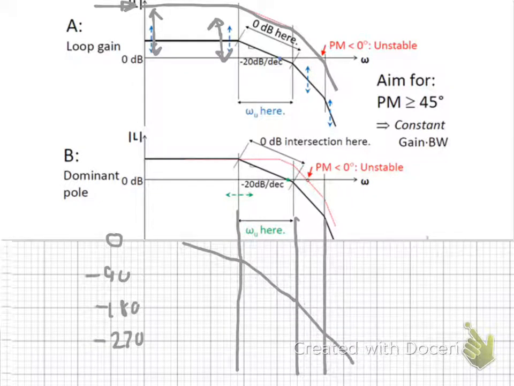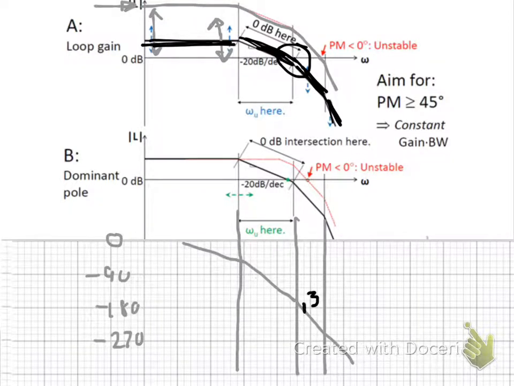We move it down to a point where we have a positive phase margin and a positive gain margin. When we move it down to this black line that is shown here, we can see that at our unity frequency, we've got a positive phase margin, and at our